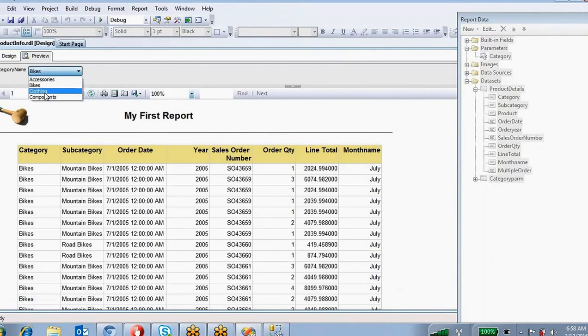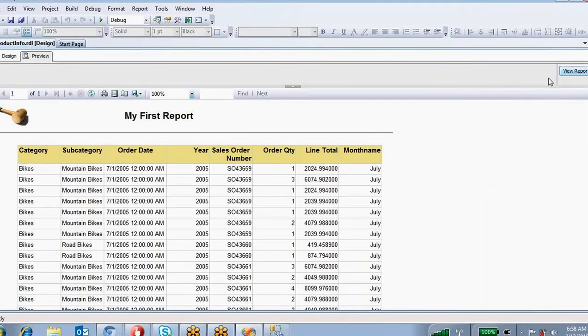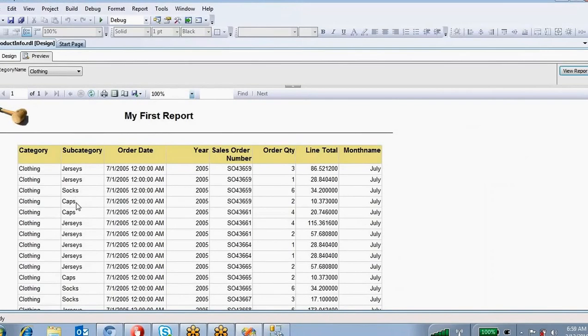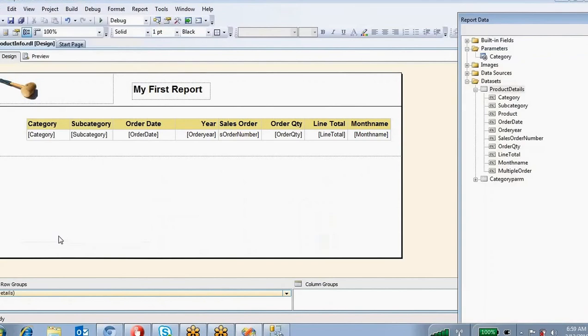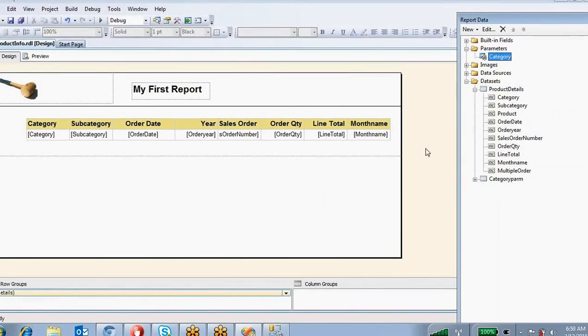Now you can preview the report. See, it is displaying only bikes. If you select clothes, it is showing only clothing information. If you want to make this multiple values, allow multiple values.